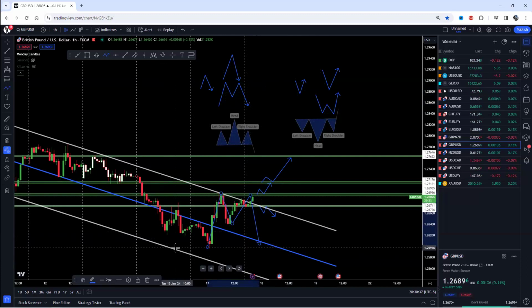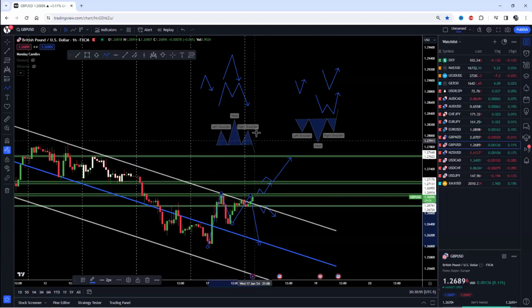There's a possibility. This is going to help you identify your entry points and give you your options on what you're seeing. Put a letter Y in the chat if you see this. If it creates a M, well, we know it's going to create a head and shoulders on the downwards. If it doesn't, well, we know we can take it up because it is creating the inverted head and shoulders,